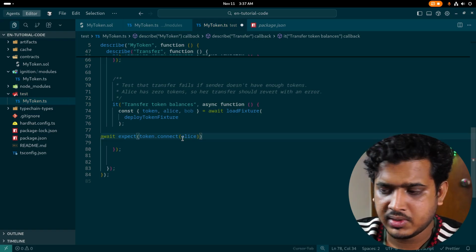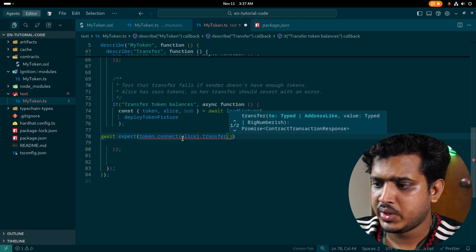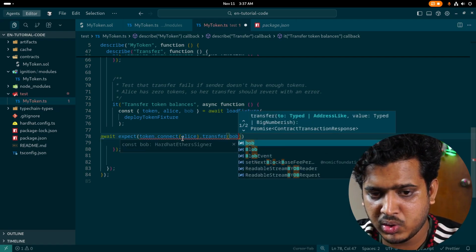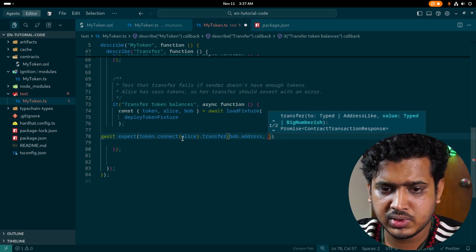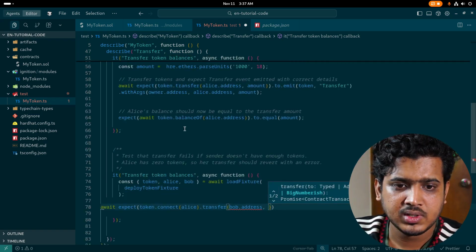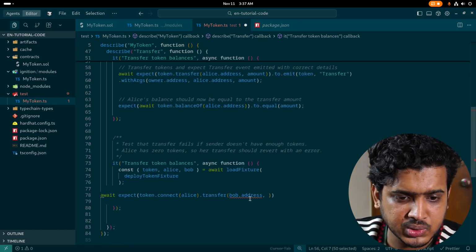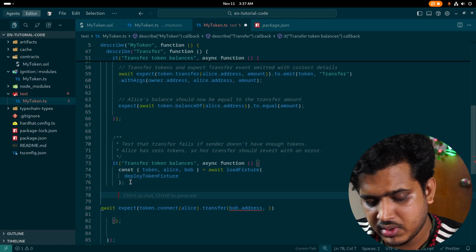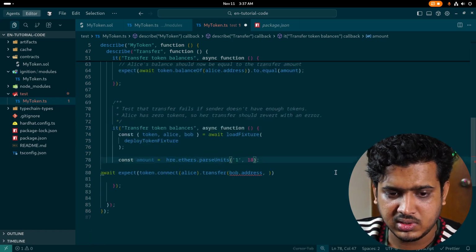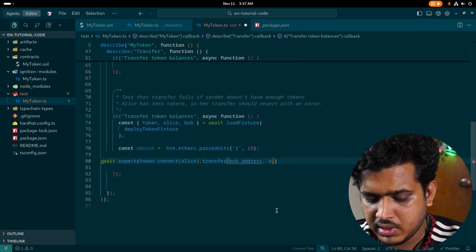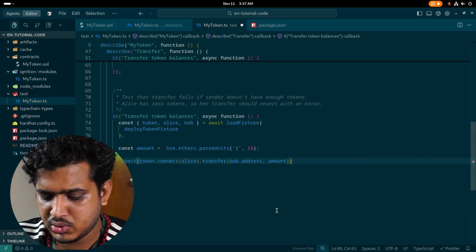Alice dot transfer. Alice will transfer token to Bob. Address, the amount. Actually we need to specify the amount. We are going to transfer one token, only one token, and this is going to be on instead of 1000. So amount, this need to be